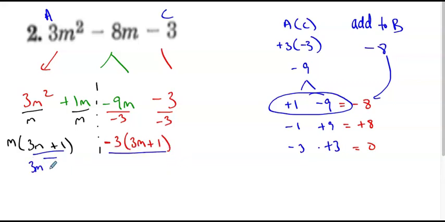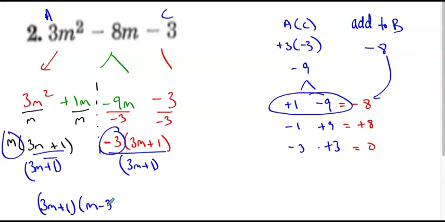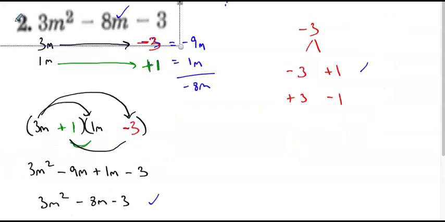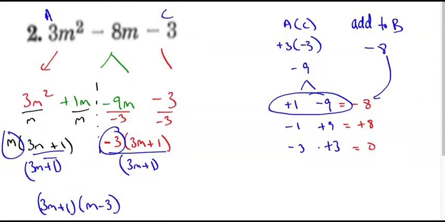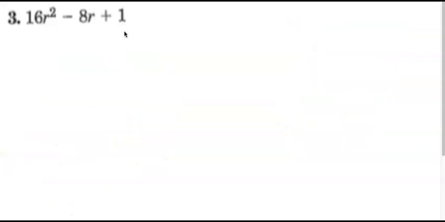So I'm going to factor out the 3m plus 1, and I'm left with m minus 3. And if I go back to the other one, 3m plus 1, m minus 3. Check. So both techniques work. 18 minutes in, we're a little further along than planned, but this is a huge topic, so let's take a little time with this. Okay. All right, so now,